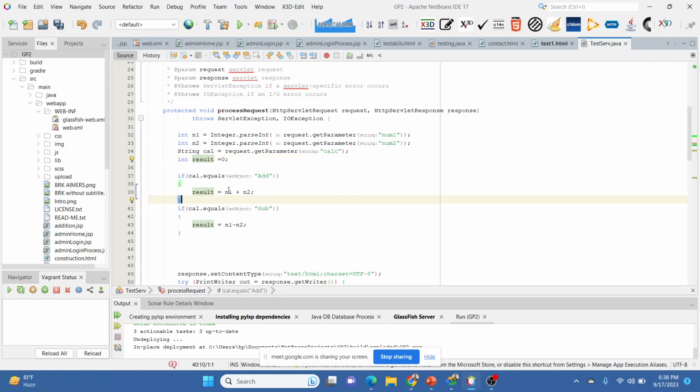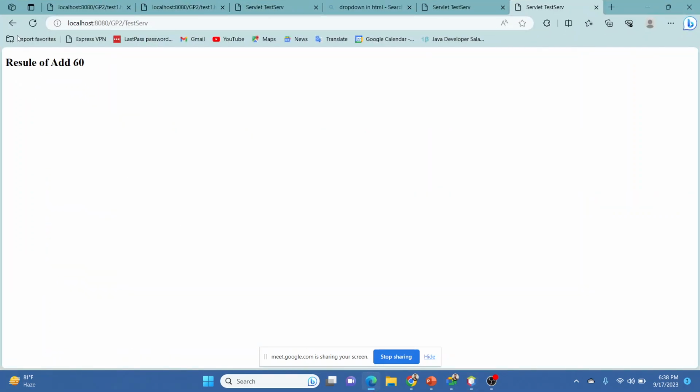Now we are going to do if else, on the basis of whatever the user selects. Over here the user is going to select subtraction or addition from the drop down menu, and on that basis the result will come. If you choose subtract, it will show 50, and if we do the addition, it will show us 60.